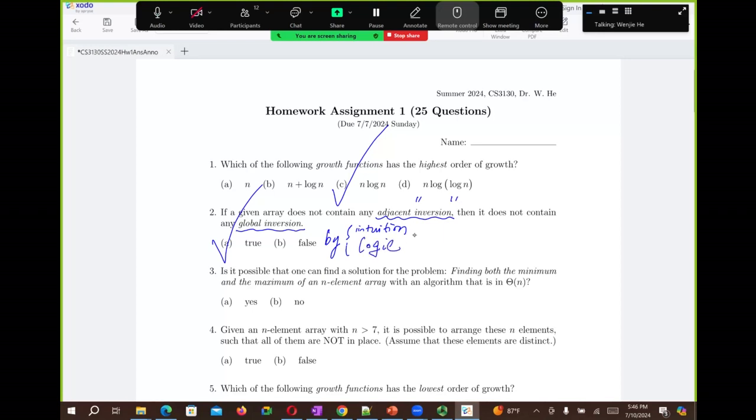So here, that's the case, okay? Because if you go by logic, we know global inversion and adjacent inversion are quite different. You might say that if an array does not have any adjacent inversion, but based on the logic, there is a possibility it may have the global inversion. But actually, because you do not have the knowledge. In the knowledge part, if we look at the knowledge part,